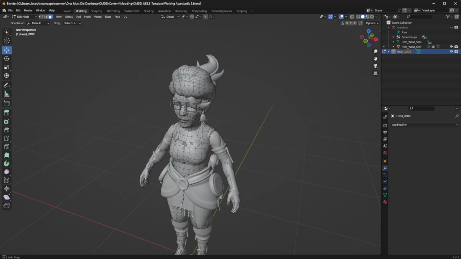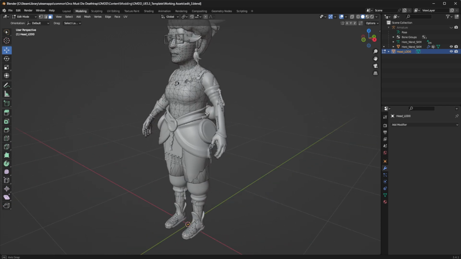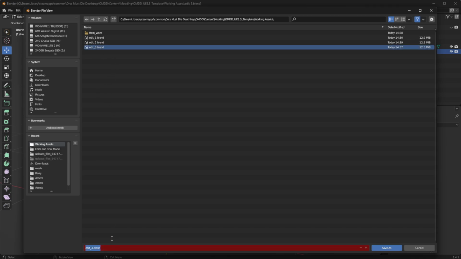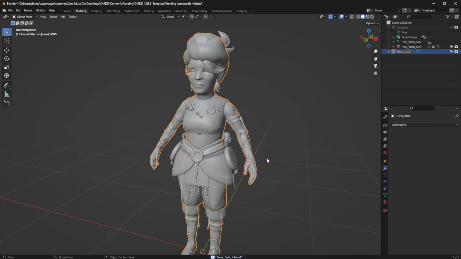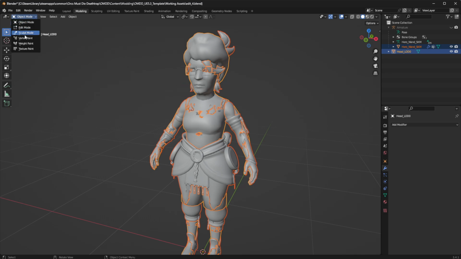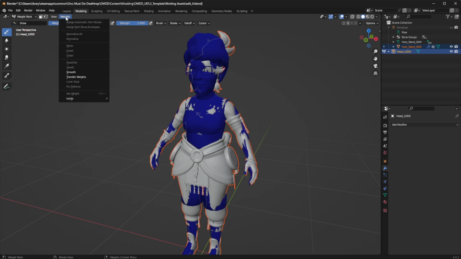Okay, modeling. I'm going to hit Control S. And it is time for us to copy over the weights. So again, we're going to make another save. Hit tab. Now what you want to do is select the original mesh, the original character, and then shift select the new one. So original first, then new one. On the top, go to object mode, click on weight paint, weights, transfer weights, and in the bottom left corner, hit on transfer mesh